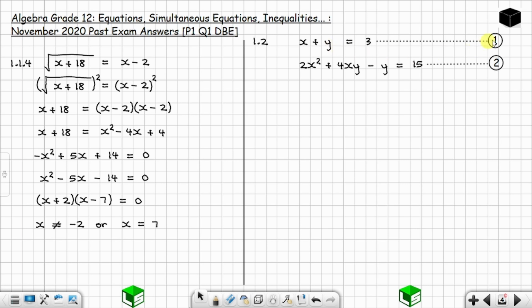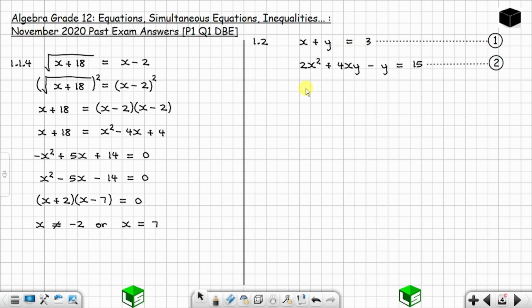You can use the first equation or the second equation, whether the first or the second. You make x or y the subject of the formula. The simplest thing is to go for equation number 1. Can you see? From 1, I can say that y is equal to 3 minus x when you take the x to the other side. So this is the simplest I can go for. Let's go for the simplest one, which is equation 1.